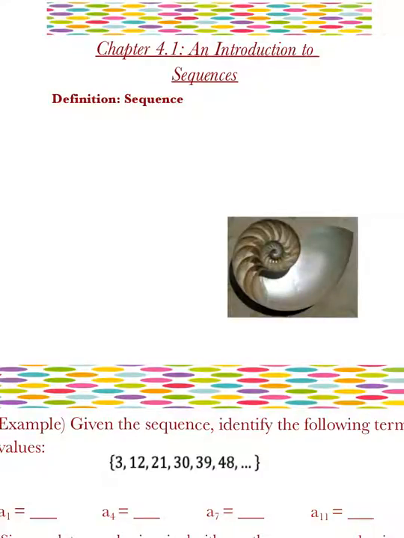Everyone, so today we're starting a new unit in Chapter 4 on sequences and series. We're in the first lesson, and it is an introduction into sequences. So first we're going to define a sequence. And a sequence is a function